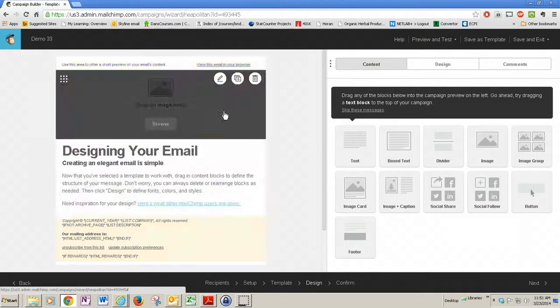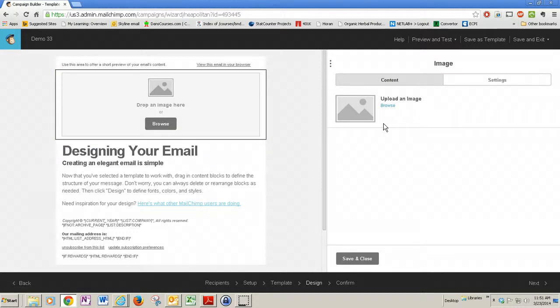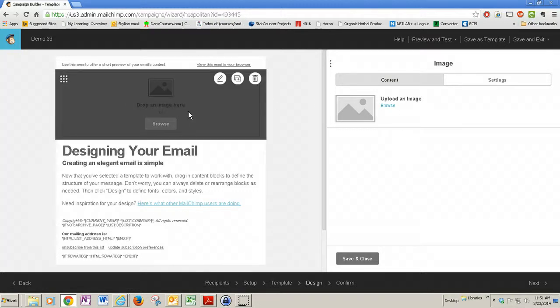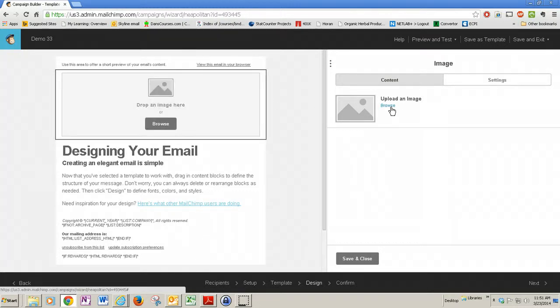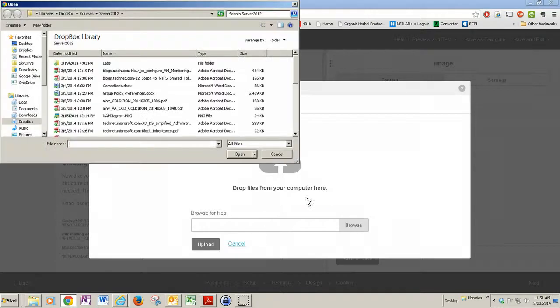Here we go. And when we get it here, if we wanted to put an image in here, as you click on each of these things, what you get over on the right is the ability to edit that element of your email. So we want to put an image in here, we can browse, and I obviously have some of these things. You can import from a URL. You could go to the ESAA website, browse for a file. I'm just going to browse for a file